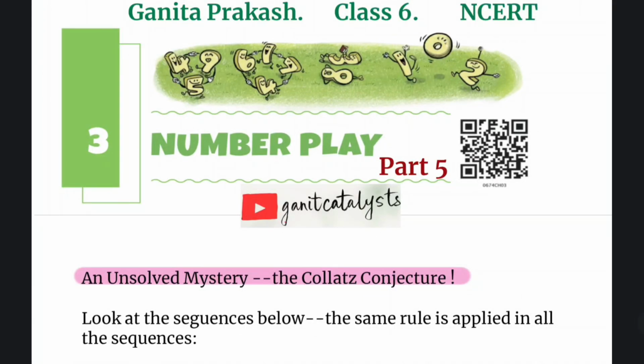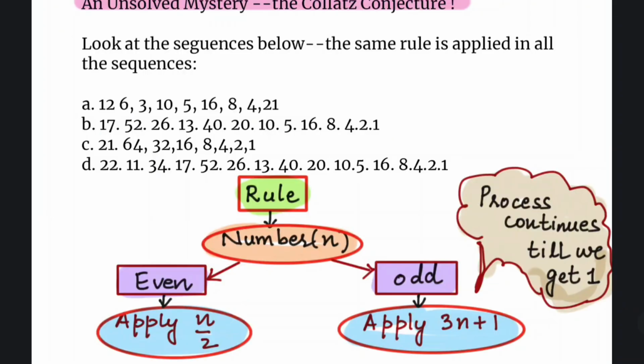So we welcome you to part 5 of our number place series. Today we are going to dive into chapter 3 of the class 6 Ganita Prakash book. We are tackling a super exciting topic on page number 68, that is Collatz's conjecture. A mathematician, Lothar Collatz, proposed a puzzle that has stumped mathematicians for years. It is called a conjecture because we believe it is true for all numbers, even though nobody has officially proven it yet.